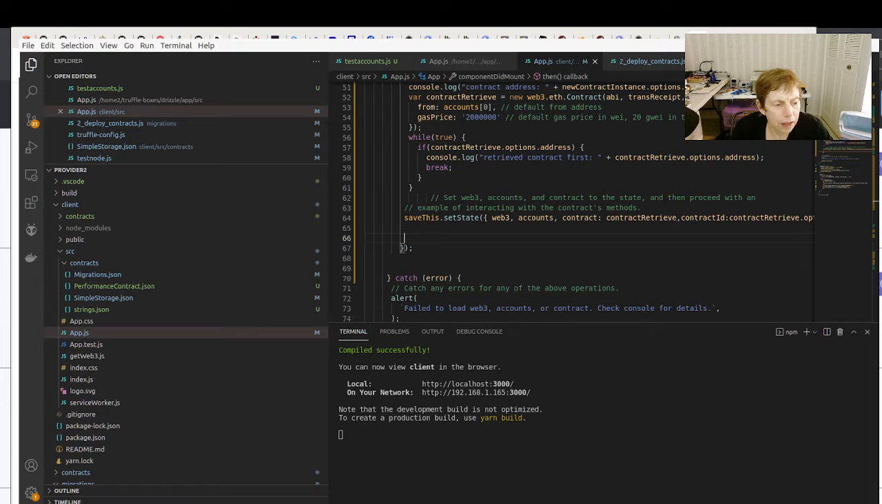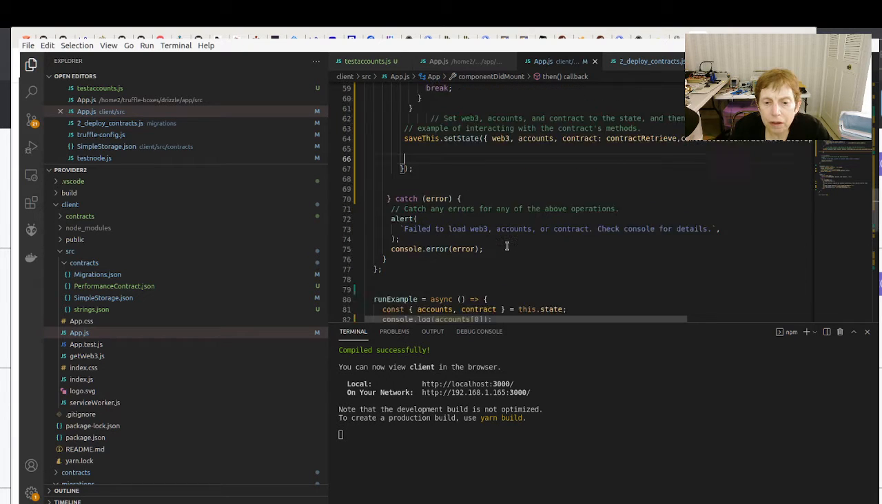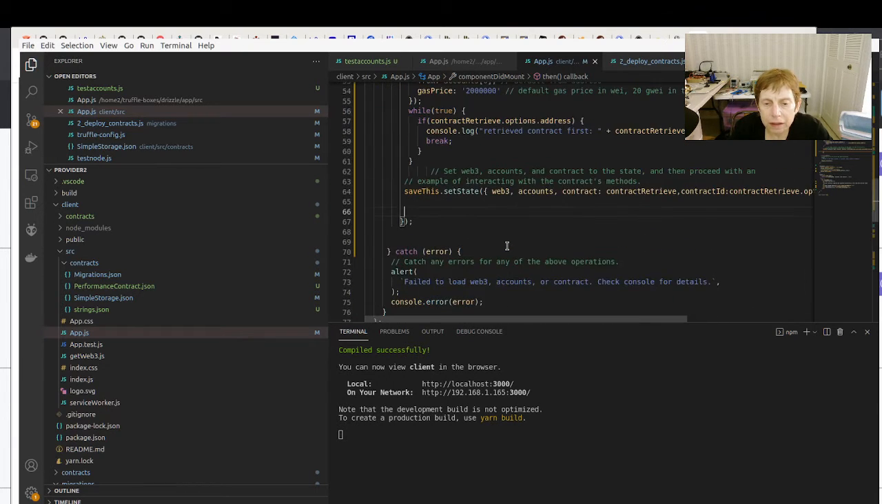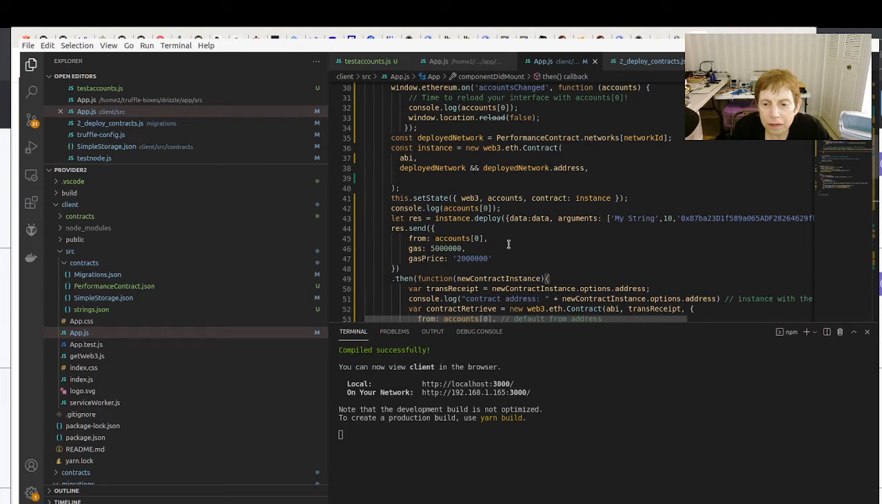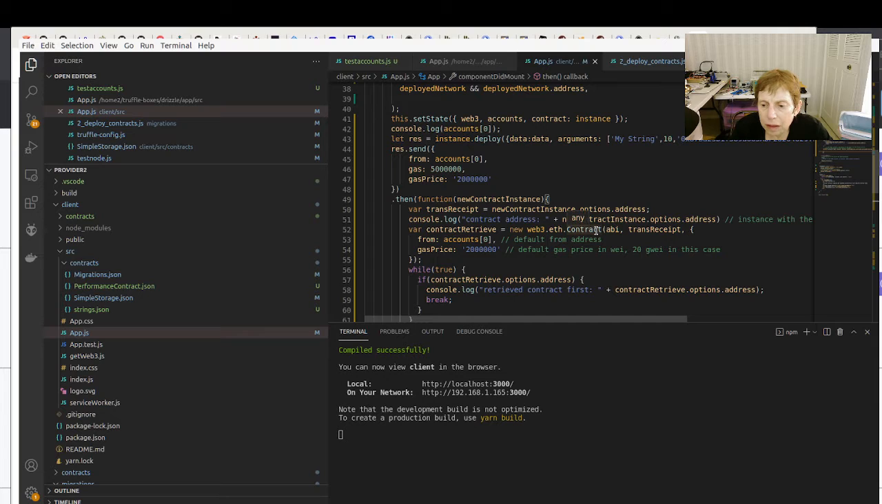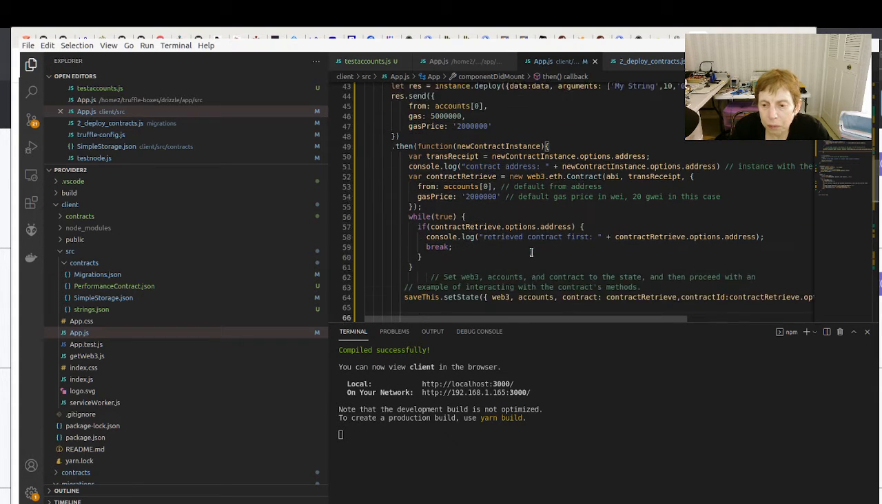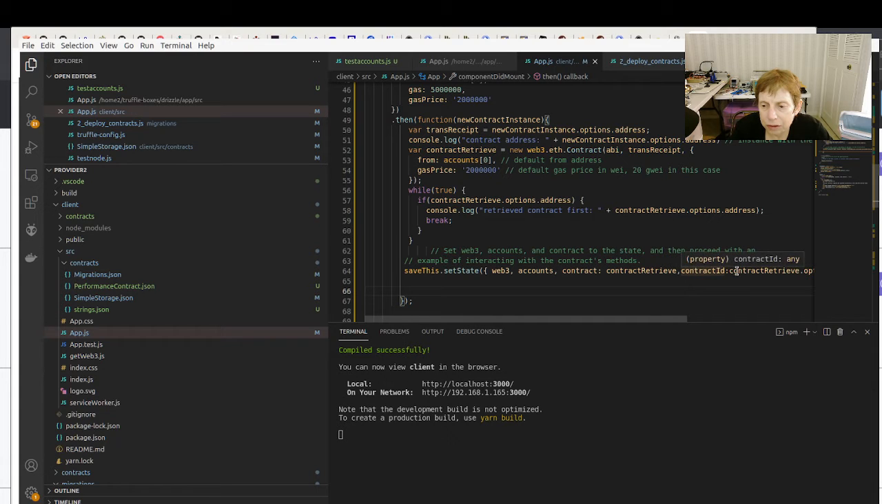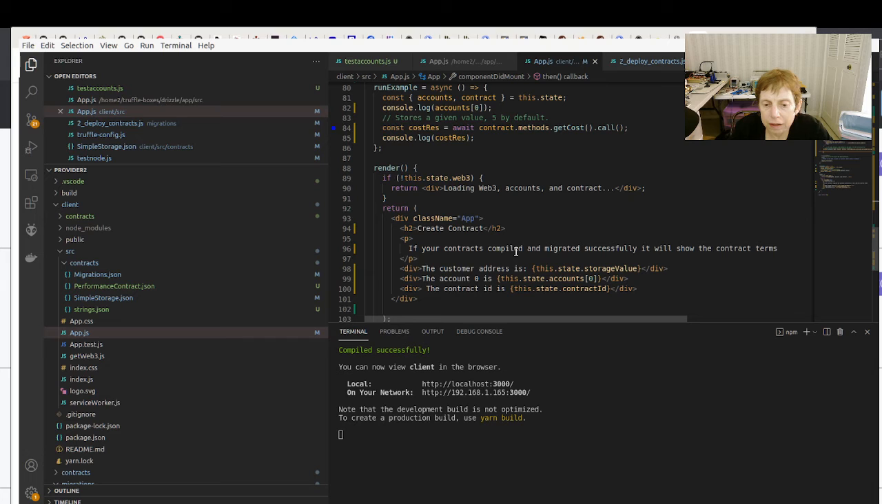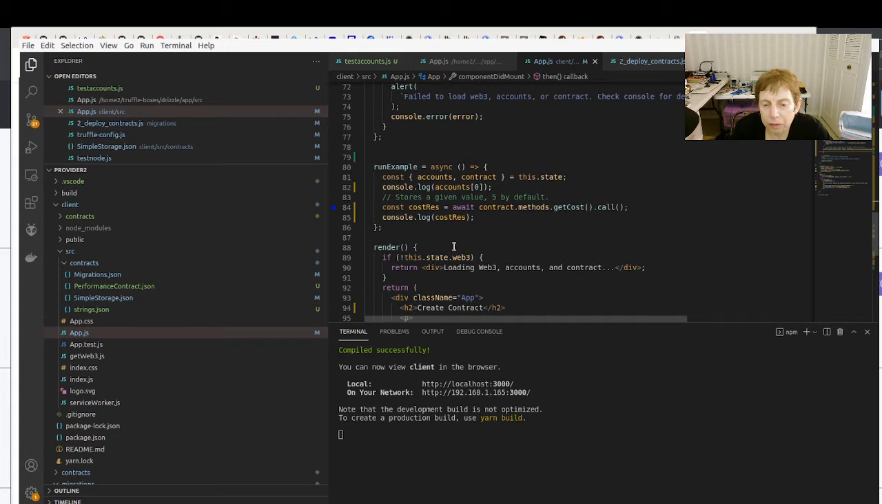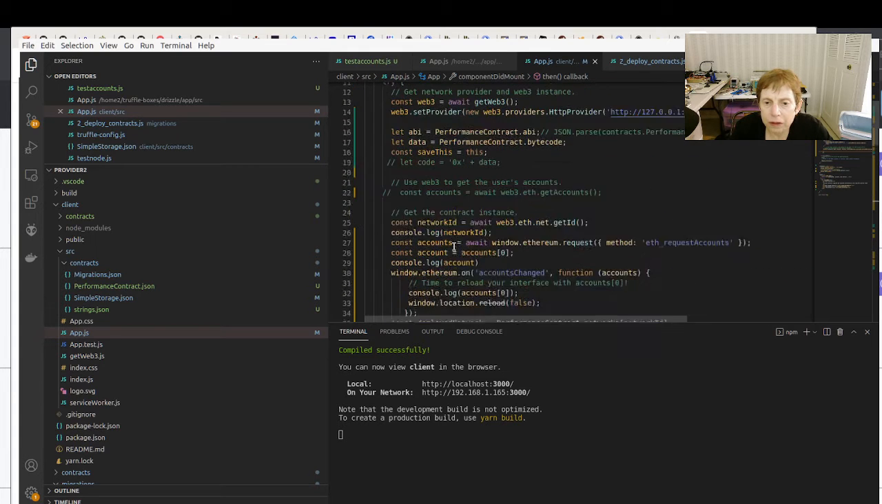And as you can see, the main thing is I'm saving things a little bit better in the data, so that I'm saving the contract and the contract ID separately. And this way, all I have to do is get it from the state here. Now, the other thing you can do